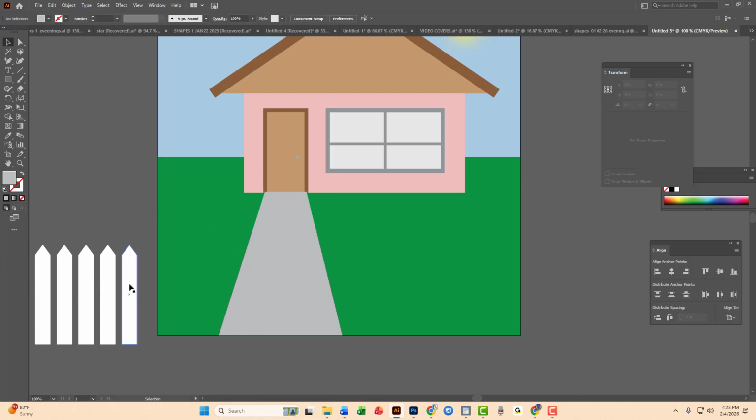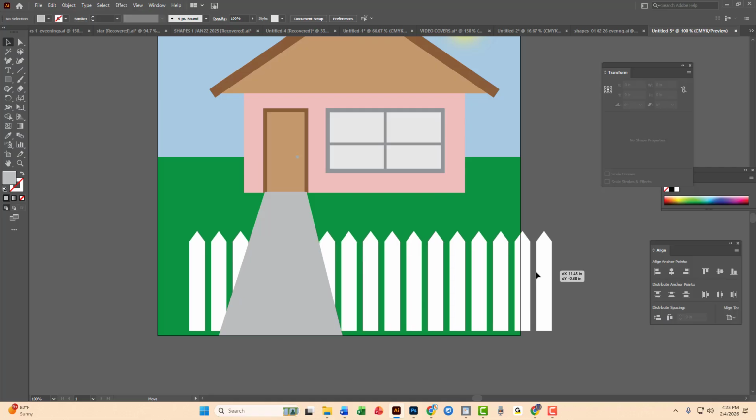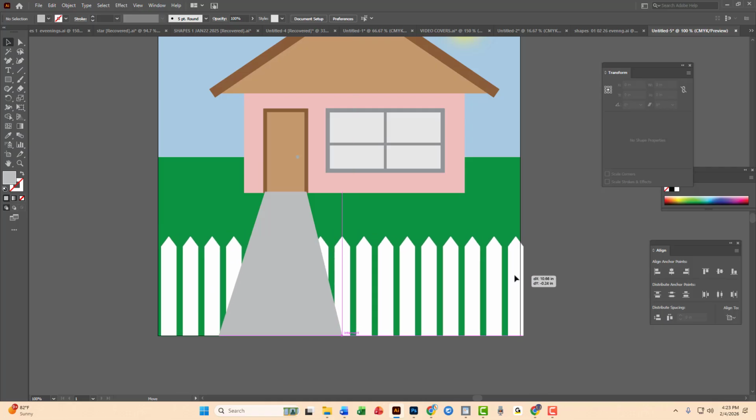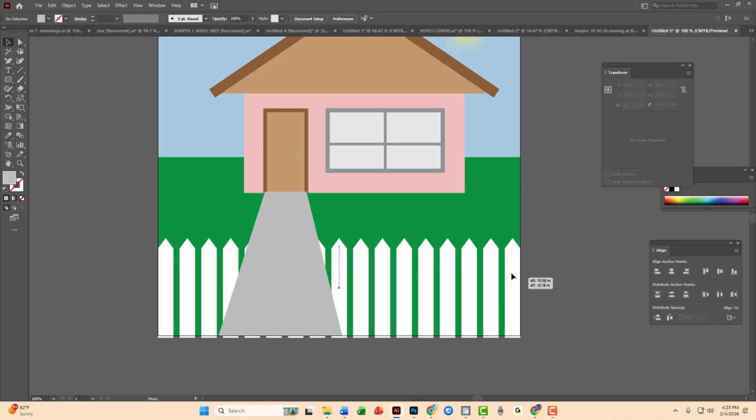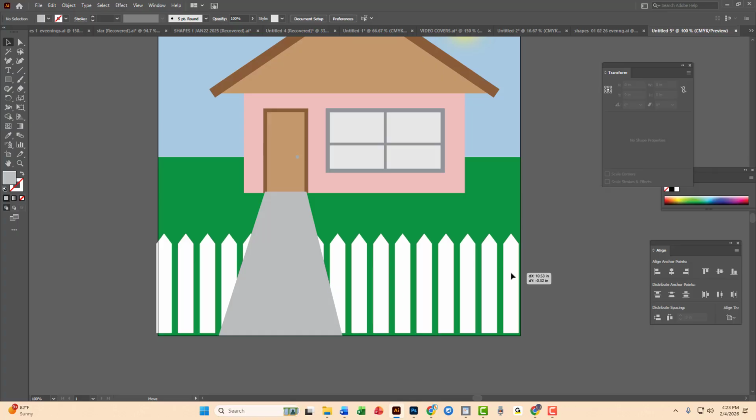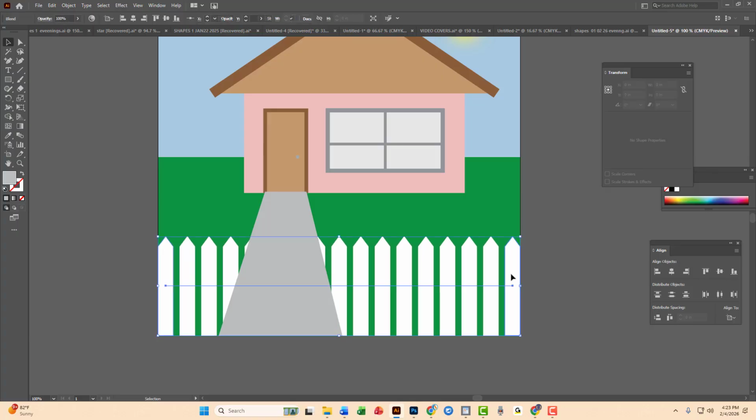All right, so we can replace this. I'm putting it over here. All right, so now observe this. Because the picket fence was created before the walkway, it appears that the picket fence is going underneath the walkway. Well, we need to restack these 2 objects, the walkway and the fence. Okay, so we need to bring the fence on top of the walkway. So select the picket fence,